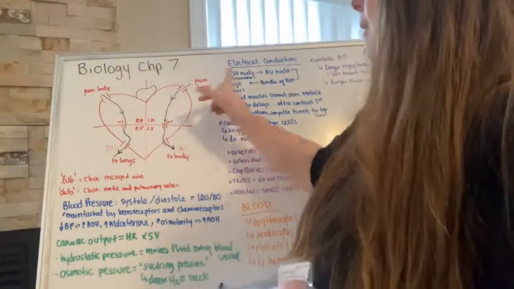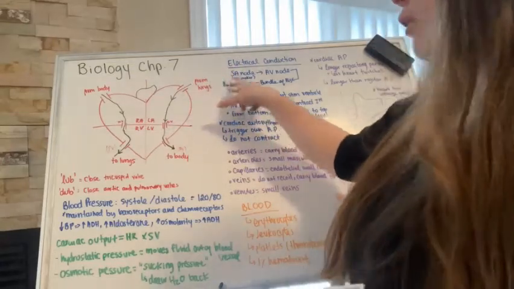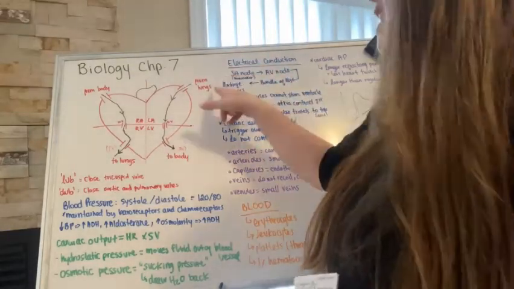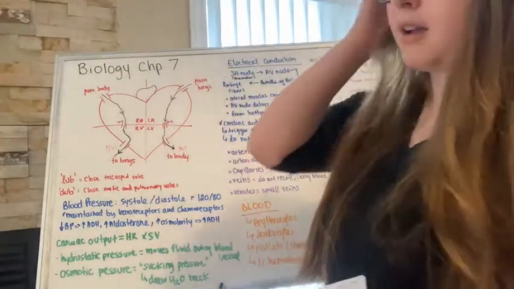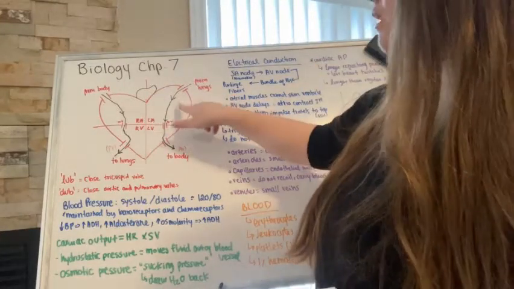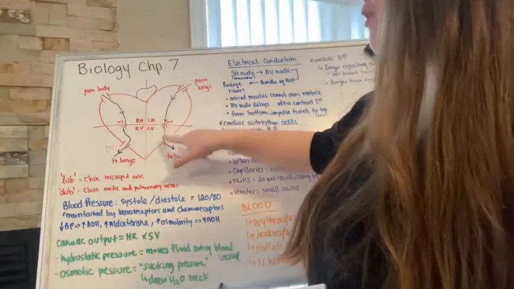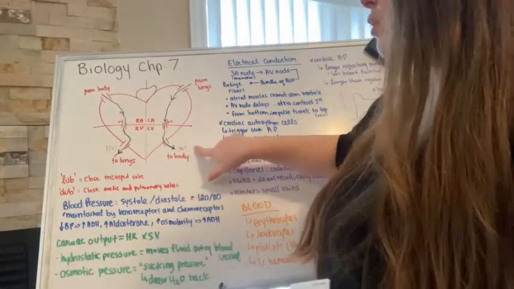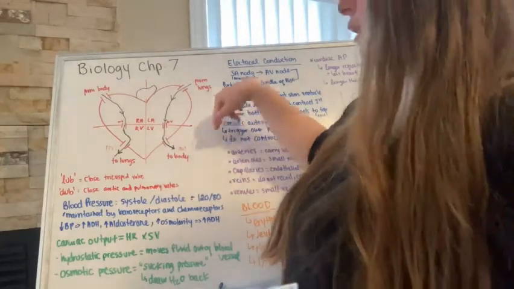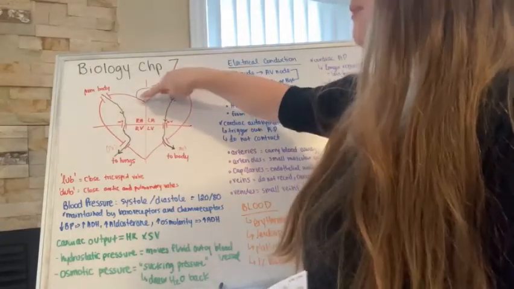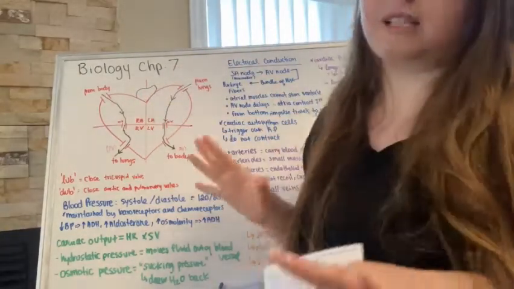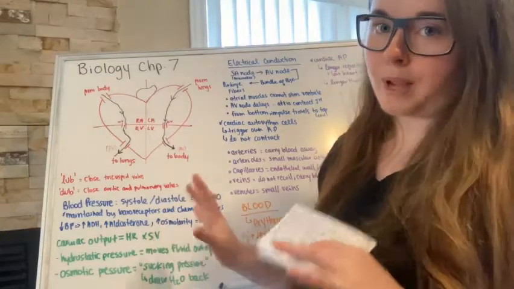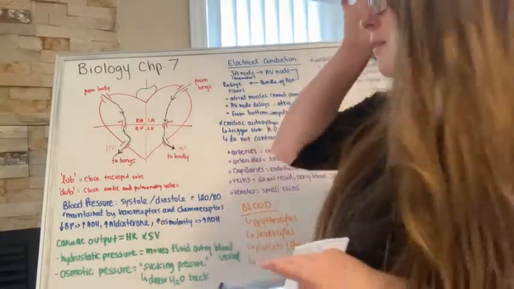So once you do that, you have new oxygenated blood carrying more oxygen coming from your lungs that needs to get to the rest of your body. So it goes through the left atrium, the bicuspid valve, and then the left ventricle, and then gets pumped to the rest of your body through the aortic valve. And your aorta is up here, okay? So it's a very, very simplified way to look at the heart, and just remember the different chambers and the